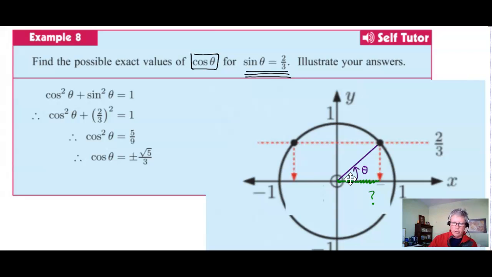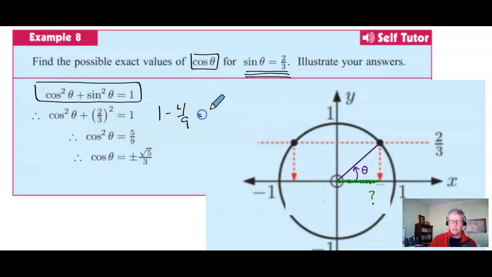All right, so all we have to do here is use this. That will always be true. So we plug in 2/3 for sine. 2/3 squared is 4/9. 1 minus 4/9 is equal to 5/9. That's where we're getting this. We take the square root of both sides. Square root of 9 obviously is 3. So what we get here, whoa,